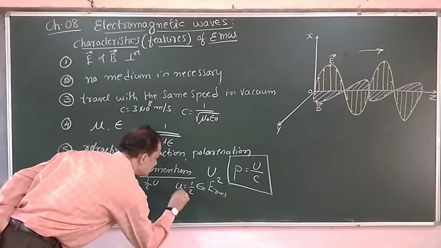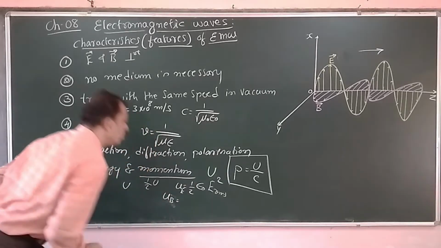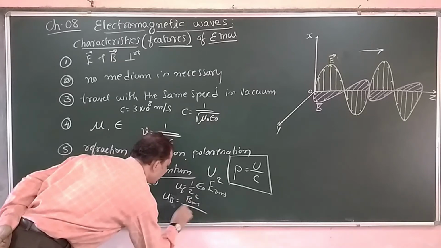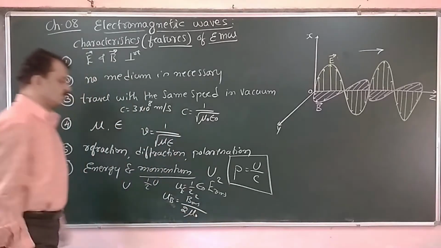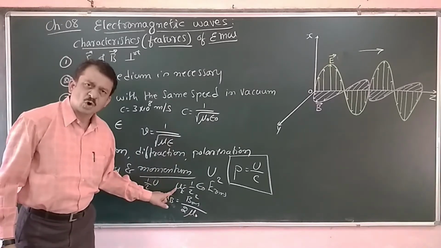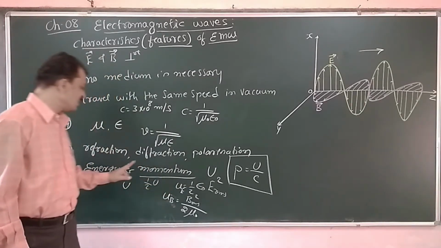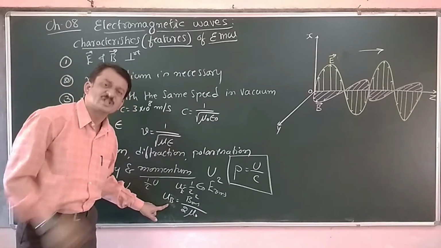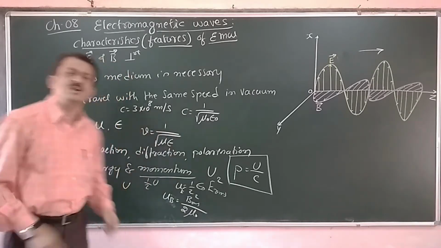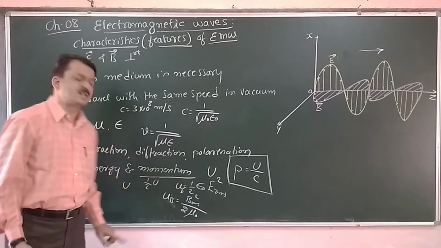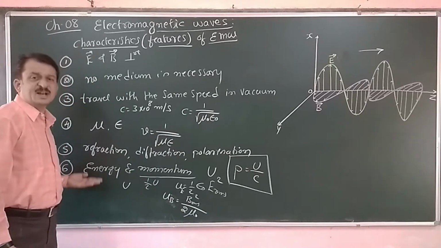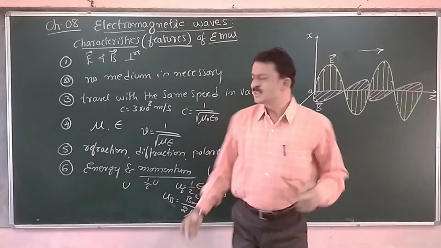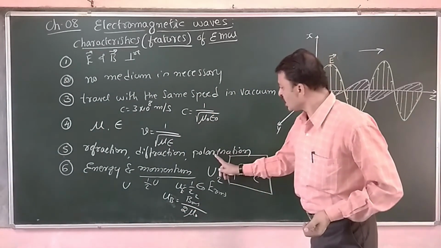Magnetic energy UB is equal to B RMS square divided by 2 mu naught. This is the expression for electrical energy in an electromagnetic wave. Now this is the expression for magnetic energy which is traveling with the electromagnetic wave. Their sum represents the total energy carried by an electromagnetic wave. Since these electromagnetic waves are polarized,